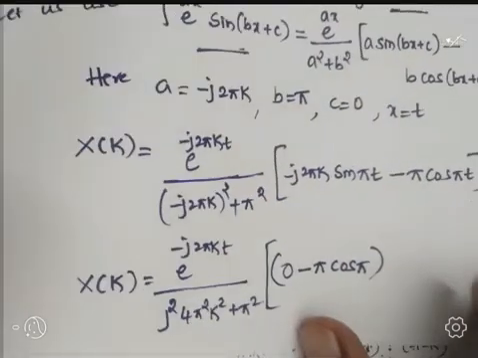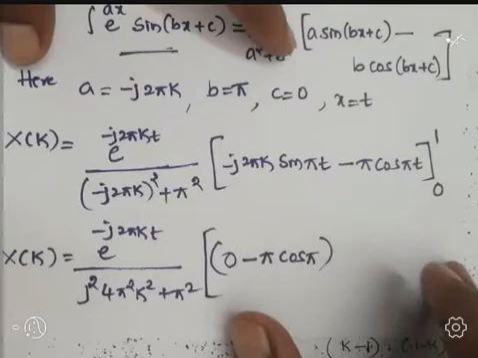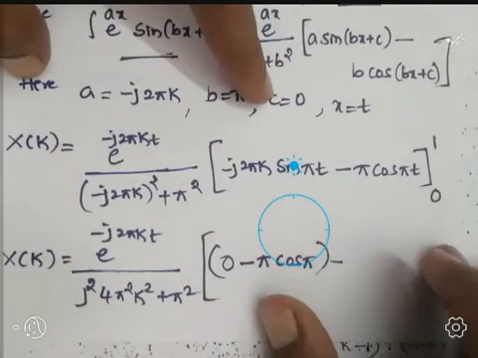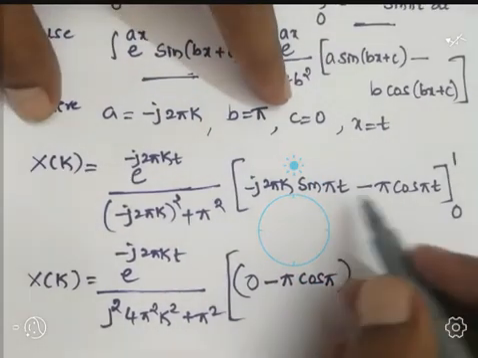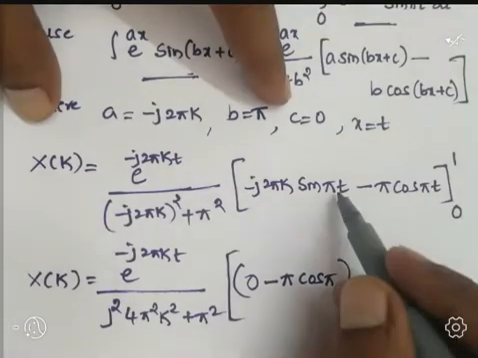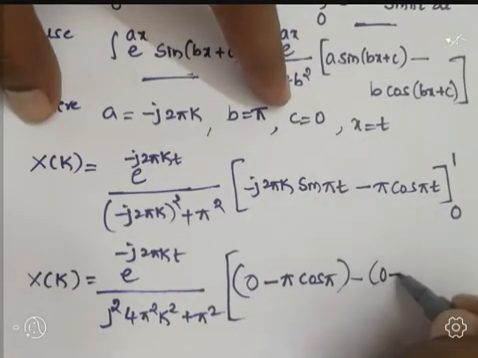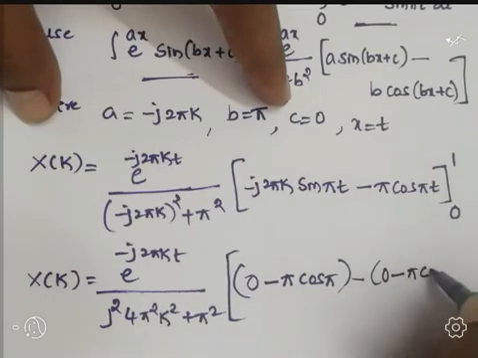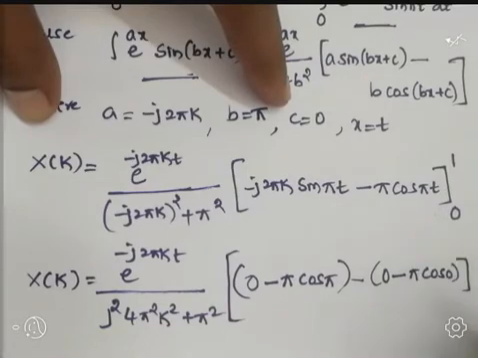Then go for lower limit. Minus, substitute the lower limit, t equal to 0. Sine 0 nothing but 0. 0 multiplied by anything is 0, minus pi cos of 0. Cos of 0 is 1. So let us substitute in the next step. So likewise they simplified. In the next step,